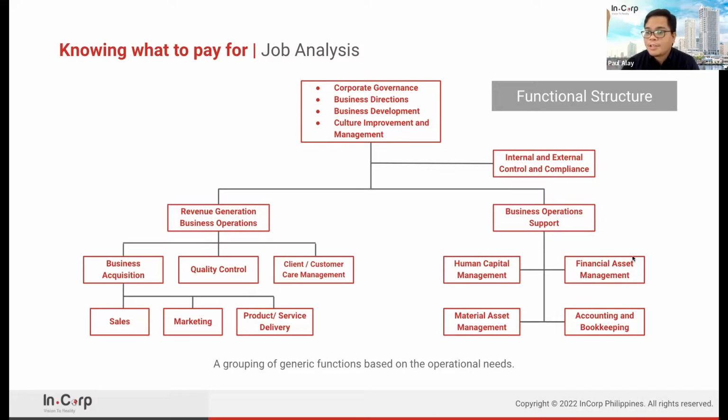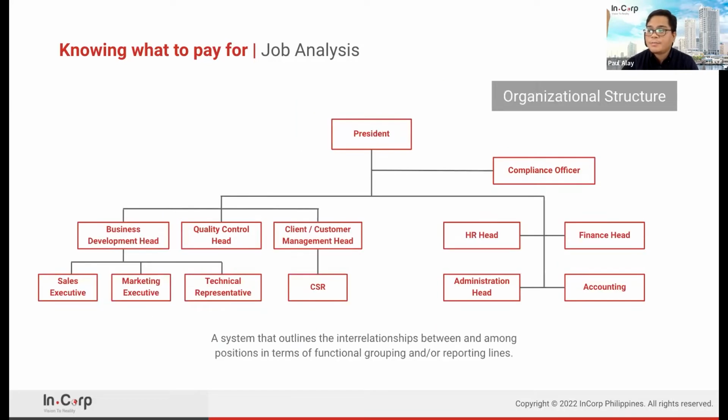The reason why this is important is that you'll have a better idea of which functions could be outsourced, which ones should be retained as internal functions, and which ones are related to each other. For example, the role of business acquisition: how does it relate to quality control, or to client and customer care management? This way, we can visually see how each of the functions is related to each other, and this would eventually be translated to positions or